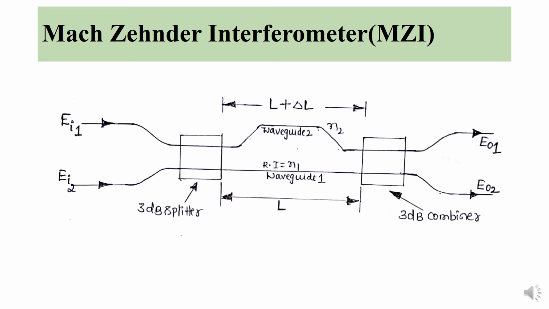Also, one more condition we can think of is that a phase difference at the destination can be caused either by a real difference in the length of the two arms of the interferometer or by a difference in the optical length. For example, if the refractive index in one arm is changed, the signal will travel at a different speed and will arrive out of phase with the signal in the other arm.